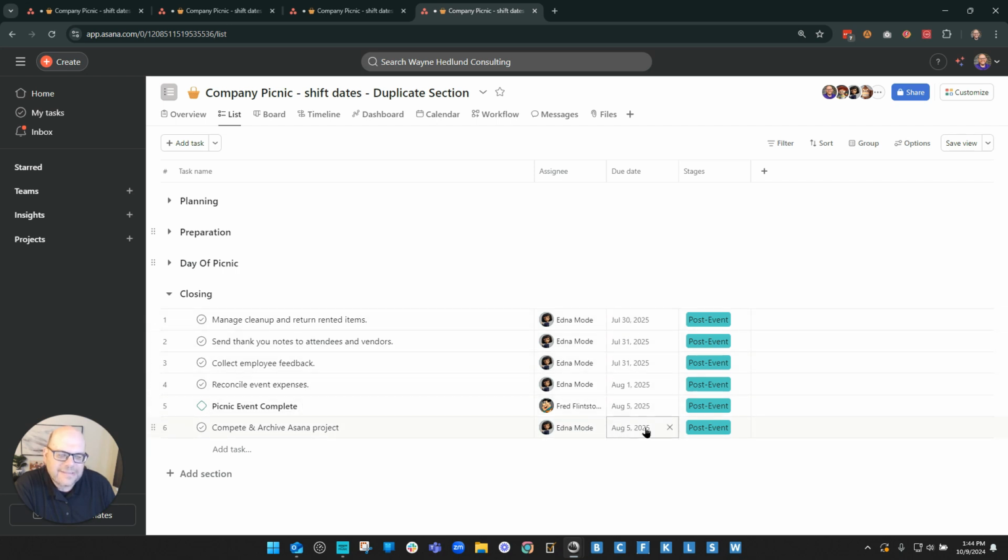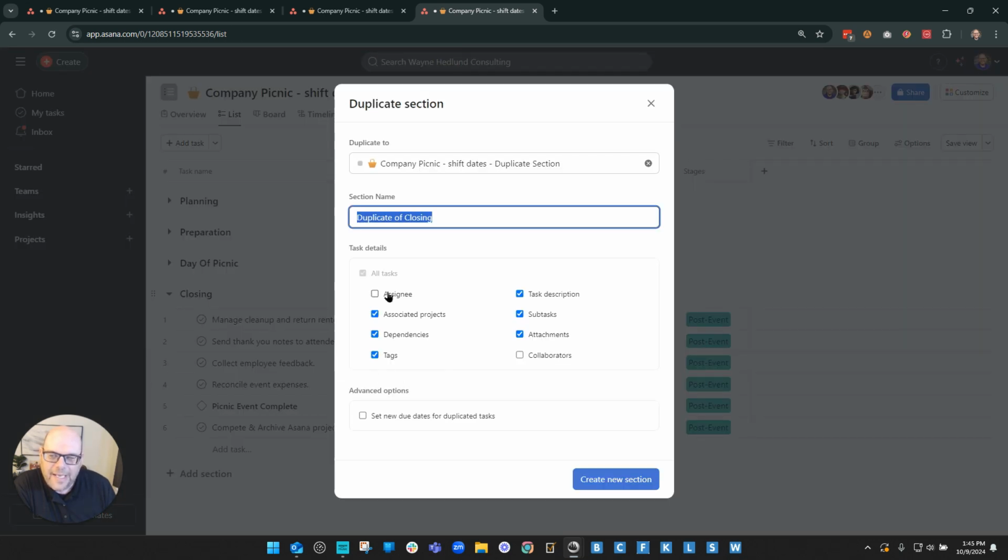So let's say this is August 5th, and I've decided that I actually want all of these tasks to change, but I want it to be based on, let's say, August 15th, right? So instead of doing the timeline view and dragging and dropping, what I'm going to do instead is find that section and duplicate the entire section by clicking on the three dots next to Closing. Click Duplicate Section. I'm going to make sure that I turn on Assignee and Collaborators, and I'm going to